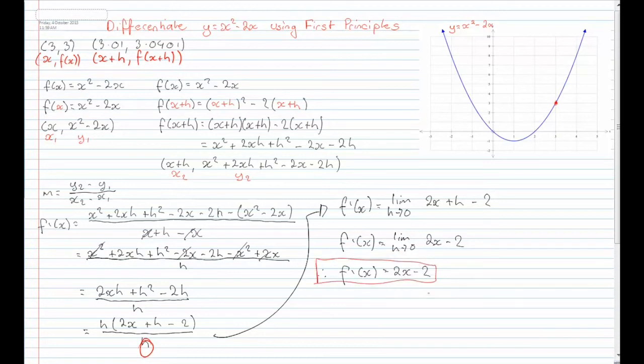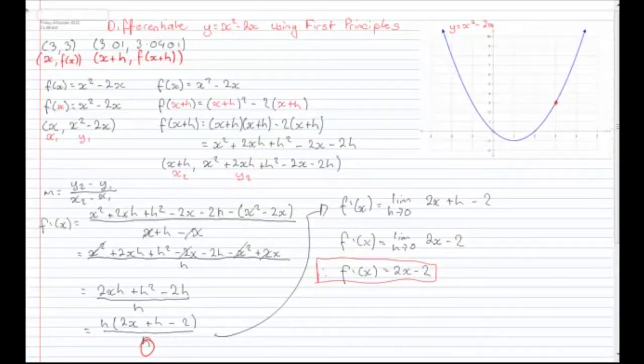So this here is the gradient function for this graph. What that means is if I substitute in any value for x, so maybe 2, 3, 4 or whatever, it'll actually tell me the gradient of the curve at that very point. I no longer need to find 2 points. So for example, if I wanted to find out the gradient at the point x equals 3 like we did before, what I can just do is substitute in 3 into the gradient function. So you get f dashed of 3 is equal to 2 bracket 3 minus 2, which is equal to 6 minus 2,